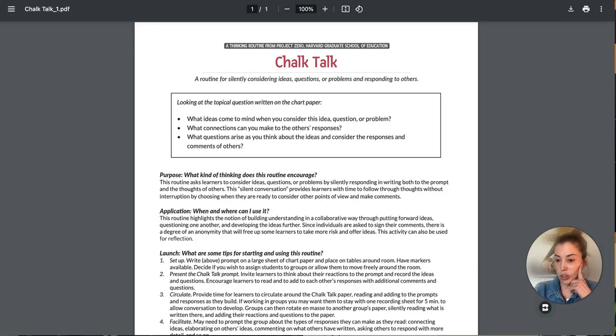But Chalk Talk. Chalk Talk is something that can be very interactive. Yes, it can be done online. It can also, of course, be done in person. And with this, you're basically putting a lot of things around the room for students to first silently think on. So that's why it's called Chalk Talk. Like back in the day, you used to use the chalkboards and people go and write their thinking in the chalk and all that stuff, right? So obviously these days, probably not going to be using chalk, but the title kind of stuck because it rhymes and it's cute. So anyway, please pardon the dog.